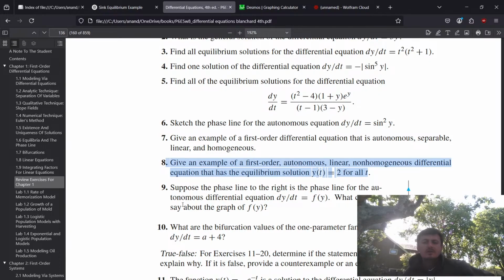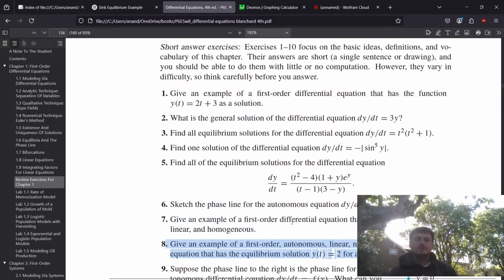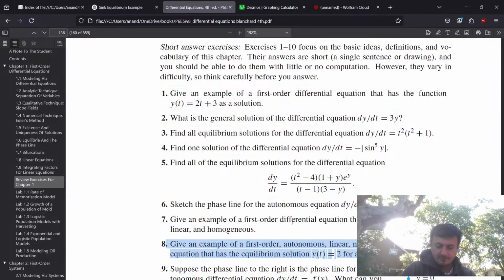All right. Let's just hammer out these problems, man. Okay, these are going to be the chapter 1 review. All right, problem 1. Give an example of a first-order differential equation that has the function y of t equals 2t plus 3 as a solution. So basically what we're looking for is